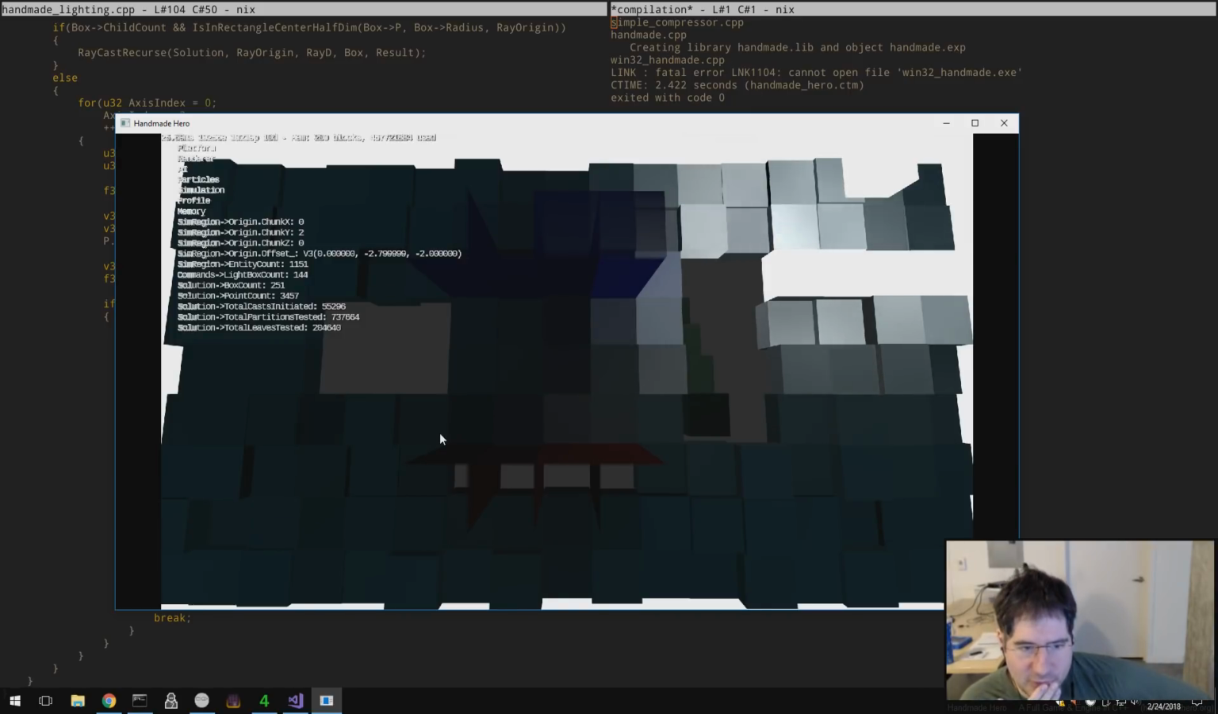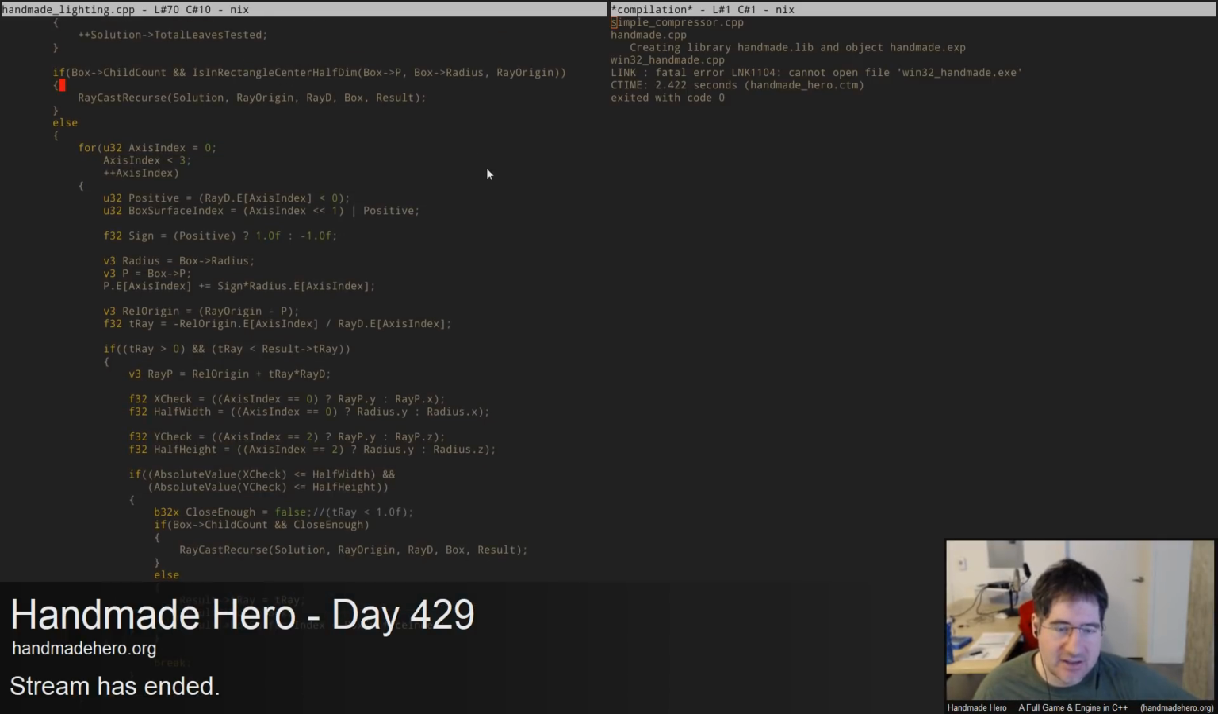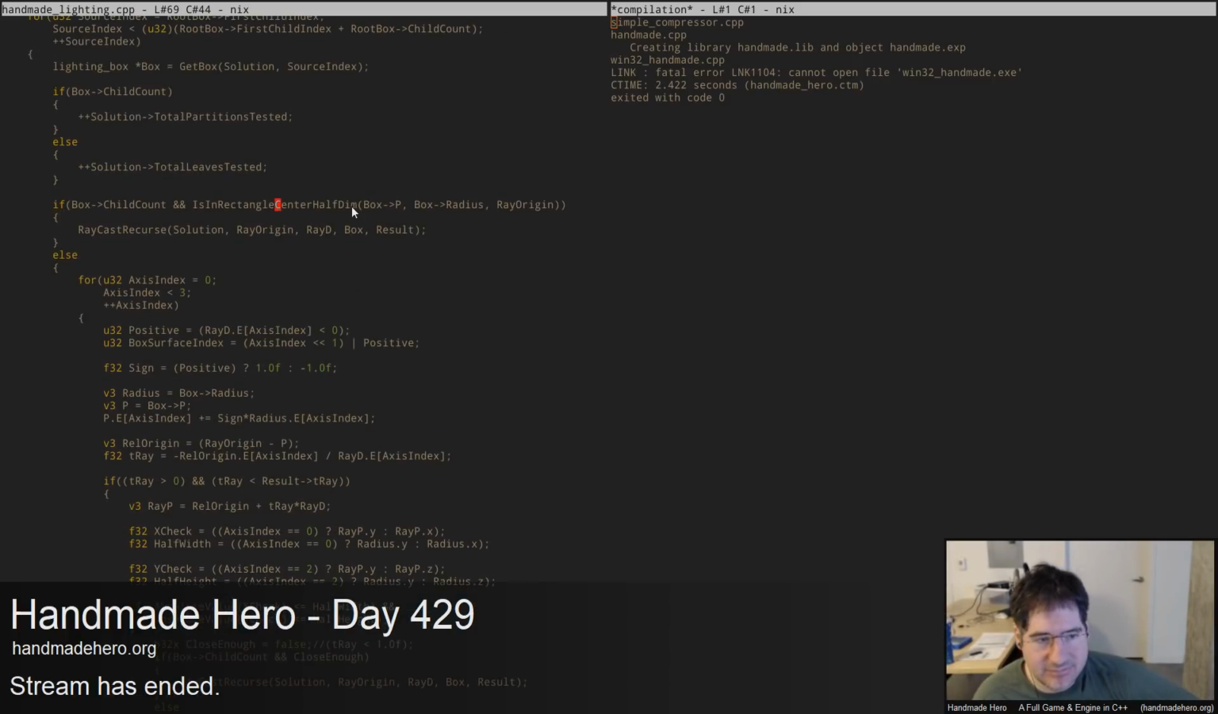I would have expected total partitions tested to go down quite a bit, but actually total partitions tested hardly went down at all, which suggests to me that for most people, most of the boxes tested are ones they are inside. And I just don't understand that. It seems almost like there's a bug in this check or something,